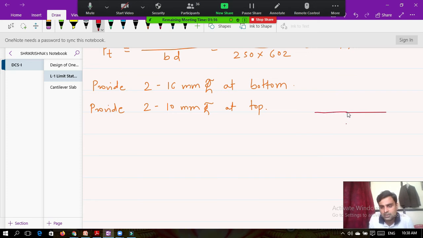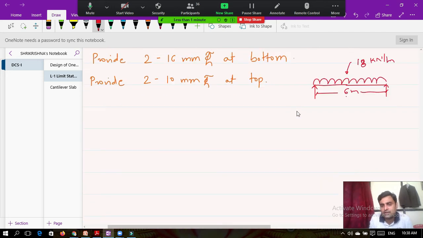So this is now our beam, what we have assumed, a simply supported beam, and this beam is carrying a UDL. The value of this UDL is 12 kilonewton per meter. No, sorry, we have multiplied this by 1.5, so now 18 kilonewton per meter, including the self weight. And what is the span? This span is 6 meter. They have given us in the problem, 6 meter is the span.